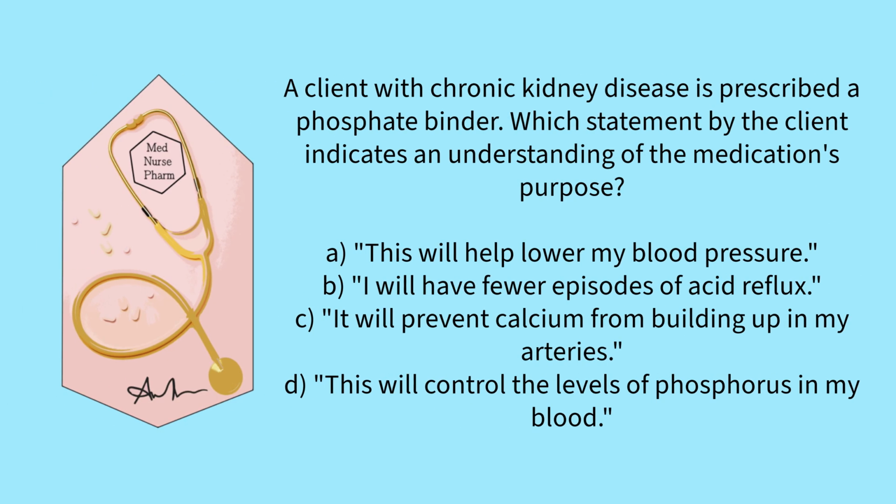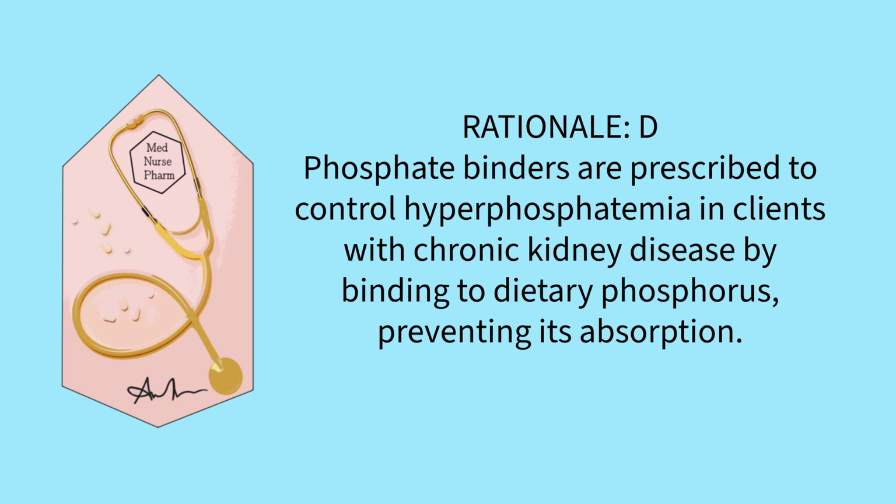A client with chronic kidney disease is prescribed a phosphate binder. Which statement by the client indicates an understanding of the medication's purpose? This will help lower my blood pressure. I will have fewer episodes of acid reflux. It will prevent calcium from building up in my arteries. Or, this will control the levels of phosphorus in my blood. The correct answer is D. Phosphate binders are prescribed to control hyperphosphatemia in clients with chronic kidney disease by binding to dietary phosphorus, preventing its